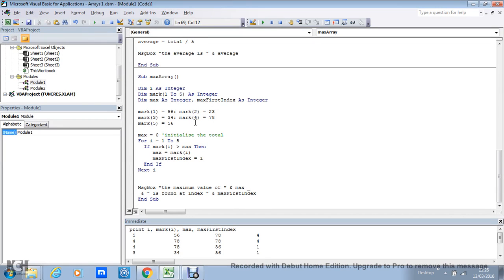Now I'll play around with these figures a bit here. Say that's 56, 58, 78, another example. I'm going to do two 78s. So we have two maximum values which are equal. So if I run through this again, F8,